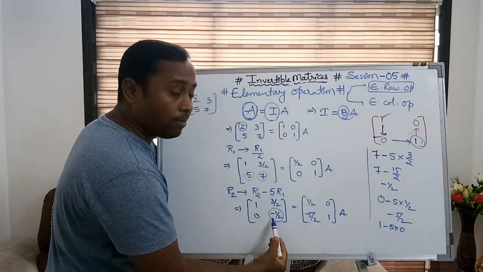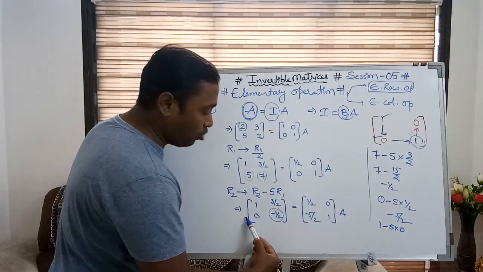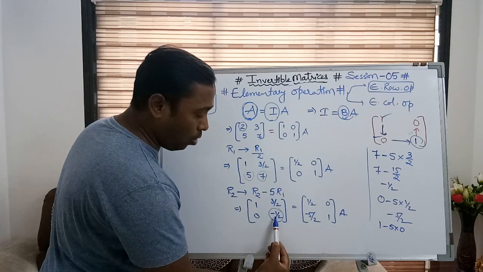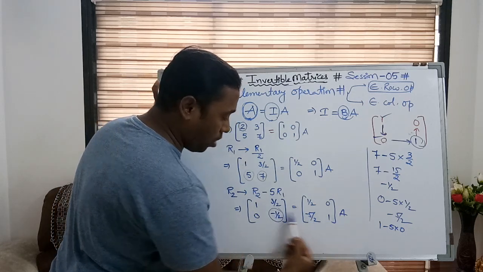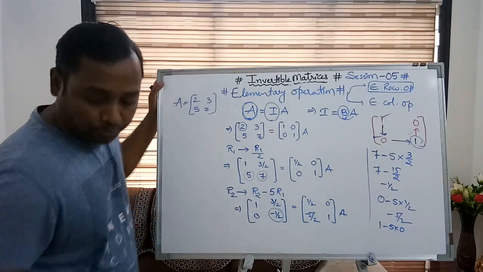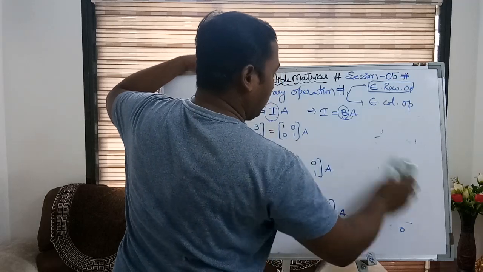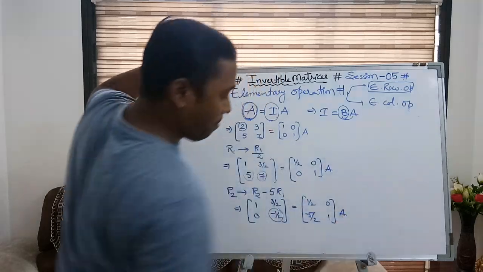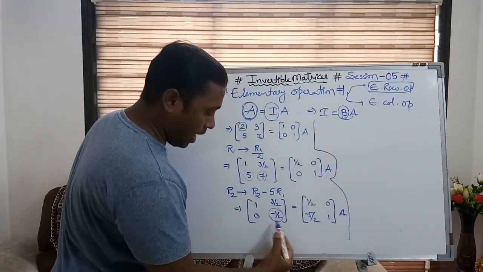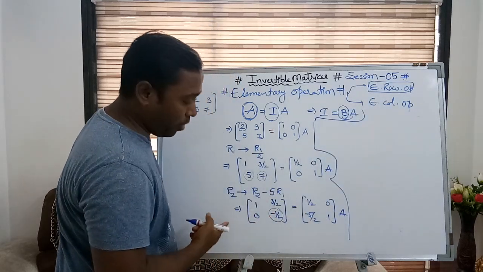Hence whatever I am thinking about this element, it would be applicable in each and every element of the row. जो मैं इसके लिए सोच रहा हूं वो ऑपरेशन उस रो के सारे एलिमेंट्स में अप्लाई होगा. क्लियर? So now I am applying that operation here. Right. So what I am doing here, I am writing the operation. I am going to change which row? R2. I am going to disturb the R2.